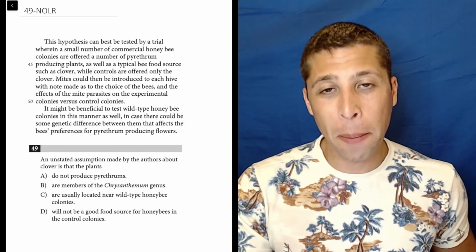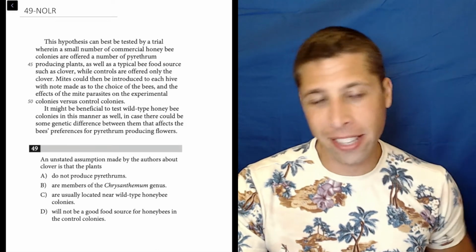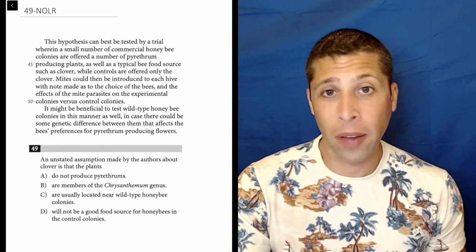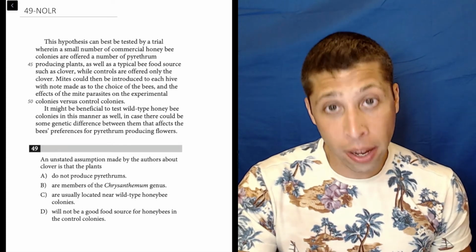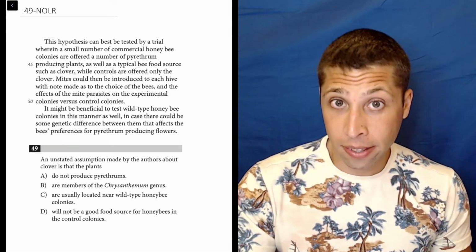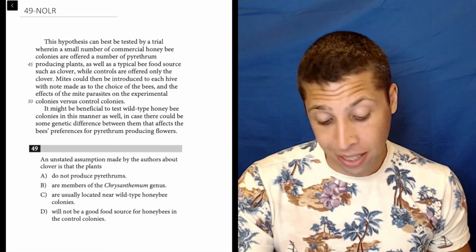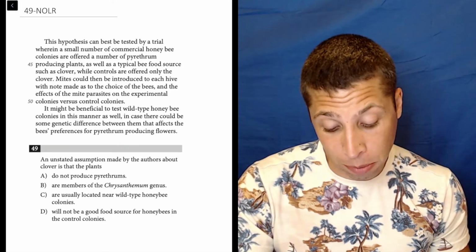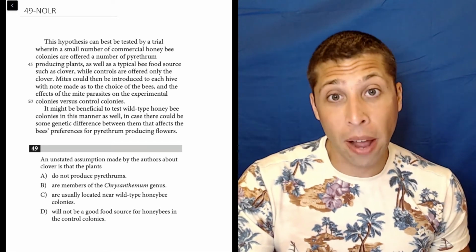All right, we're going to use a couple of good SAT big picture ideas for this question. First and foremost, we've got a problem right off the bat. No line reference. And this was a dense science passage. In this question, an unstated assumption made by the authors about the clover, I'd really rather not have to just